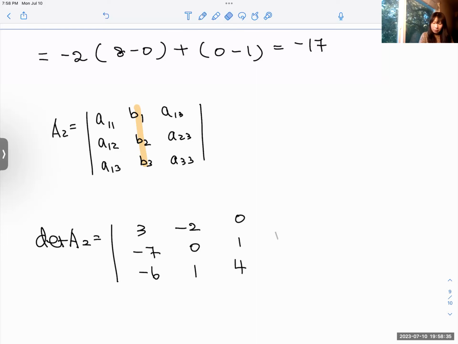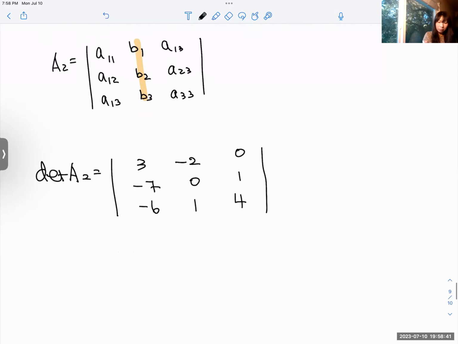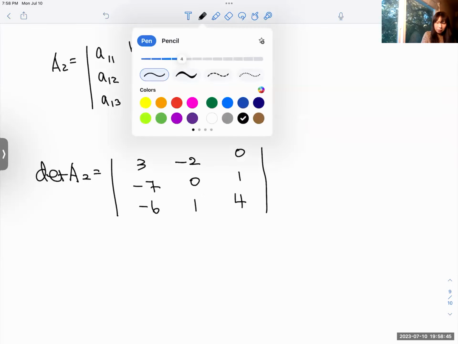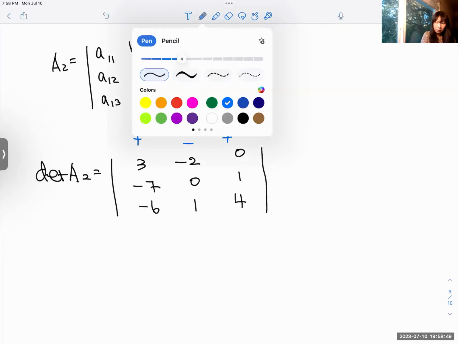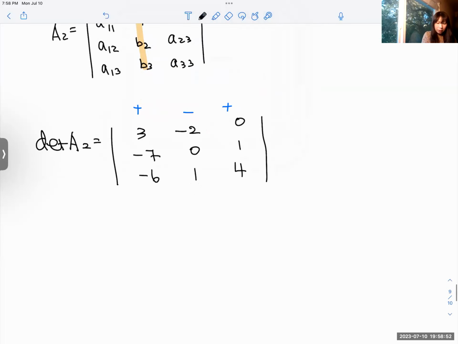Okay, now still plus minus, right? So plus minus plus, yeah, that is the easiest one. Okay, so we get